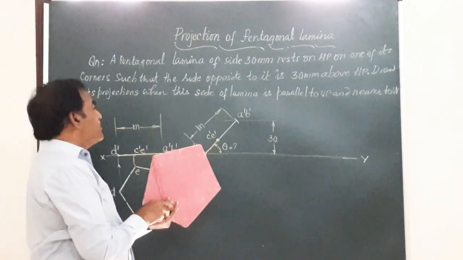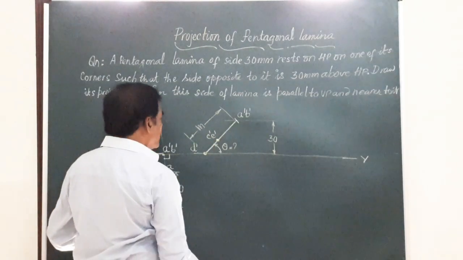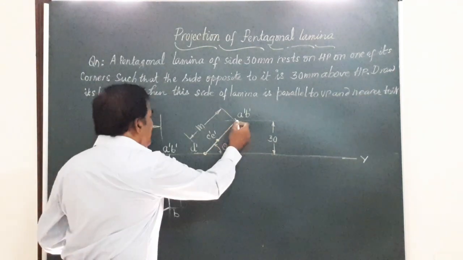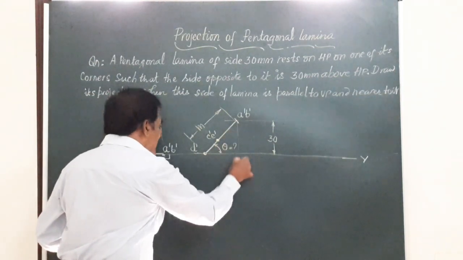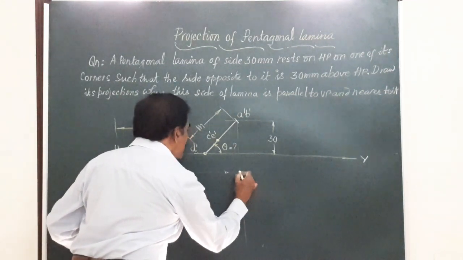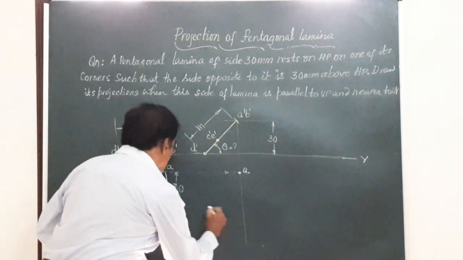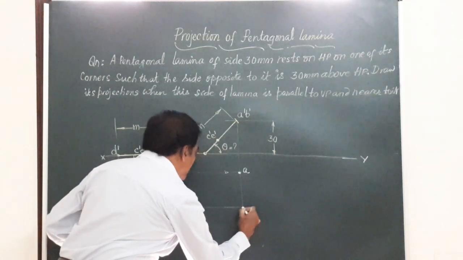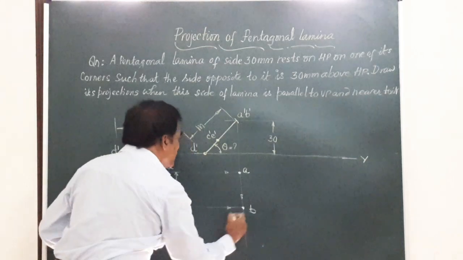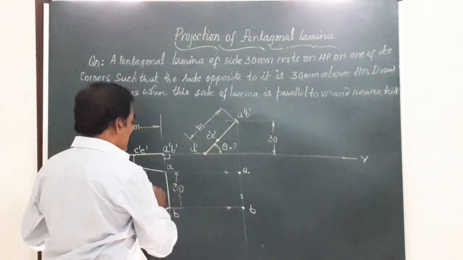Friends, now we want to obtain the top view of this. How to obtain? So follow the procedure of writing the projection lines from every point here. So I will start from the point A dash, a vertical line from A dash, a horizontal line from here. The point of intersection of these two will give you A. Similarly, vertical line from B, horizontal line from B, the point of intersection of these two lines will give you B. So you got two edges, that is edge AB you have got. Similarly friends, follow the procedure and obtain all of them.